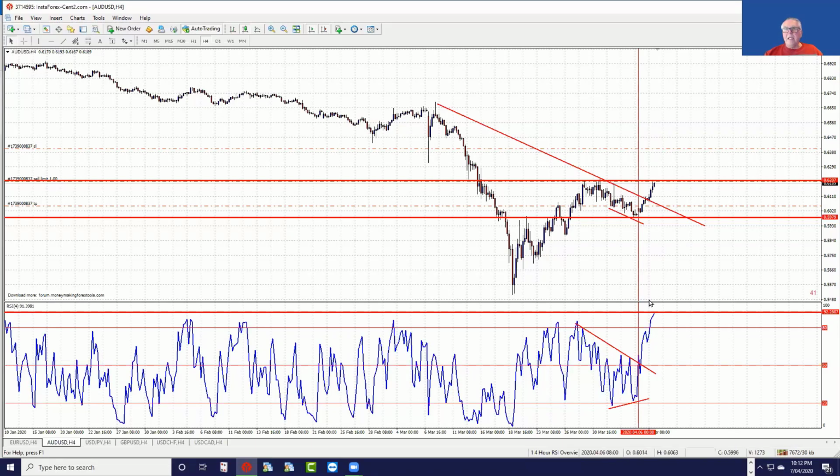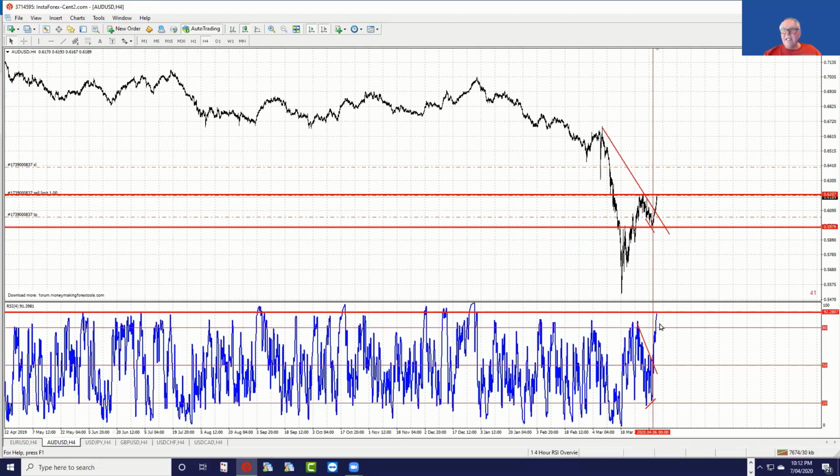And this is the one I've got a trade in. I've actually got a sell there at the top, and there's a very strange reason why I'm selling this one, and let's have a look at this. It's just that the RSI is at an extreme level, so I'm saying it can't go much further. I'm not saying it can't continue, but it will rest. It tends to go and then rest, go and rest, go and rest. So I'm saying it will touch my sell entry and then go down a little bit.